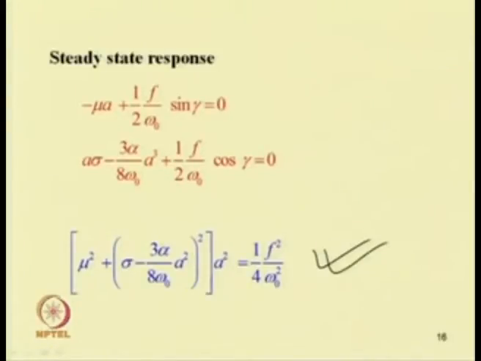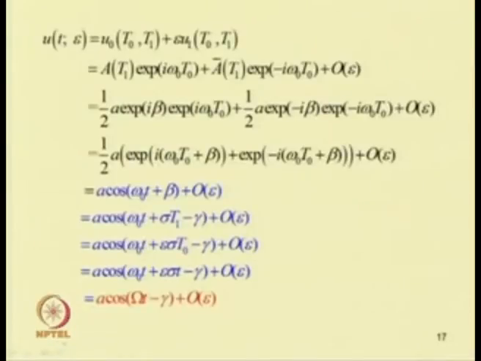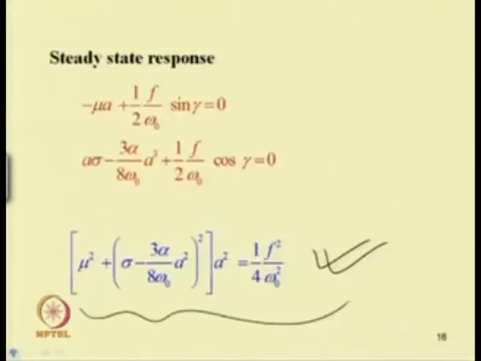So, this is the frequency response equation for the steady state condition. In this case we have obtained an equation which is quadratic in terms of sigma and sixth order in terms of A. So, easily one can solve this quadratic equation to get the frequency amplitude relation, and also one can have the response u in this form, that is u equal to a cos(omega t minus gamma), where a is the amplitude. This amplitude one can obtain by using this expression.